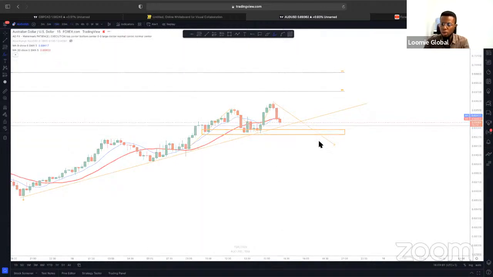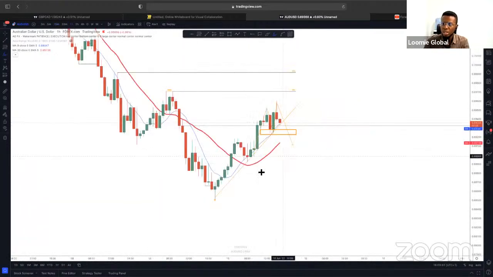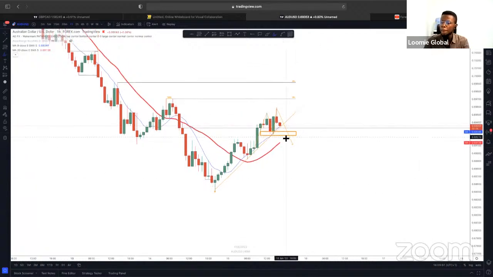But on the 1 hour time frame, we are expecting to see more bullishness. So if you want to hold this trade for a longer period of time, you will most likely be waiting for price to come to a discounted region or a lower region. I'll explain what I mean by discounted and premium much later. You're waiting for price to come a little lower. You will take your buy and follow price up with more bullishness.